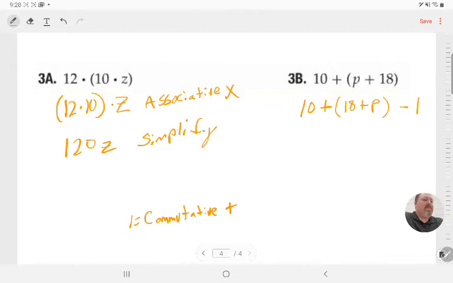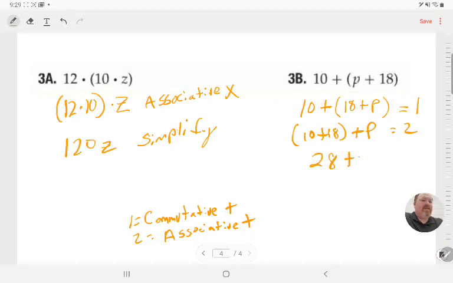Then what we would do is we could regroup. And we group 10 plus 18, plus p. And that would be step 2. And step 2 would be the associative property of addition. And then step 3 would be simply to solve 28 plus p,